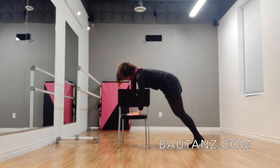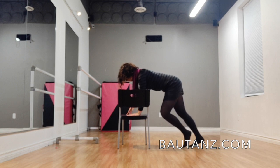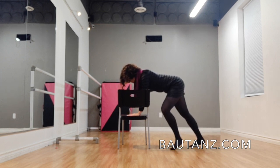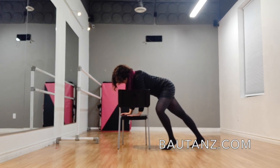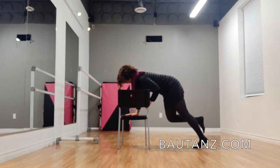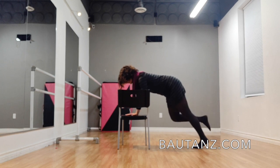A different way, a little bit tougher if you want to go for it, a little bit more intense, is if you step back and put yourself in a plank position, and you will see here how this locomotion action is managed. See how I end up with one hand a little bit further than the other and not exactly square. The important element here is to avoid